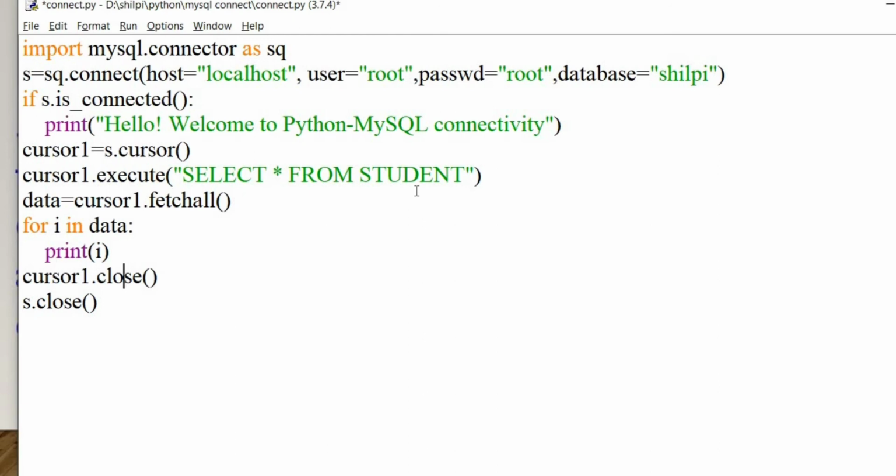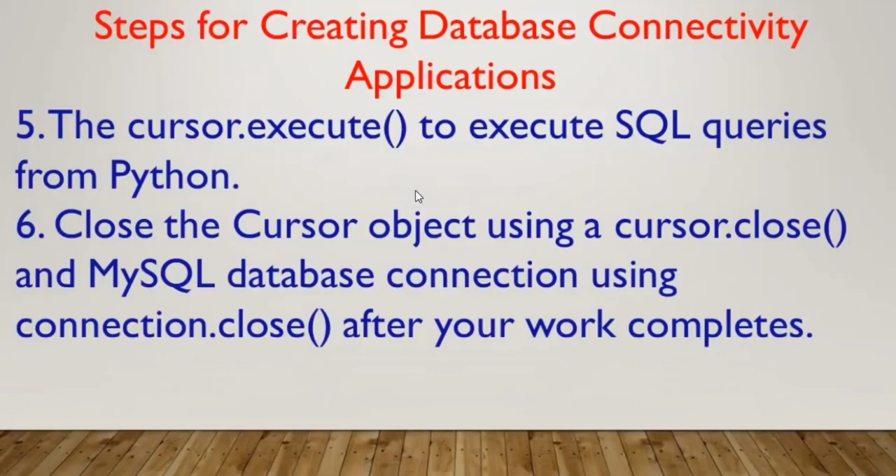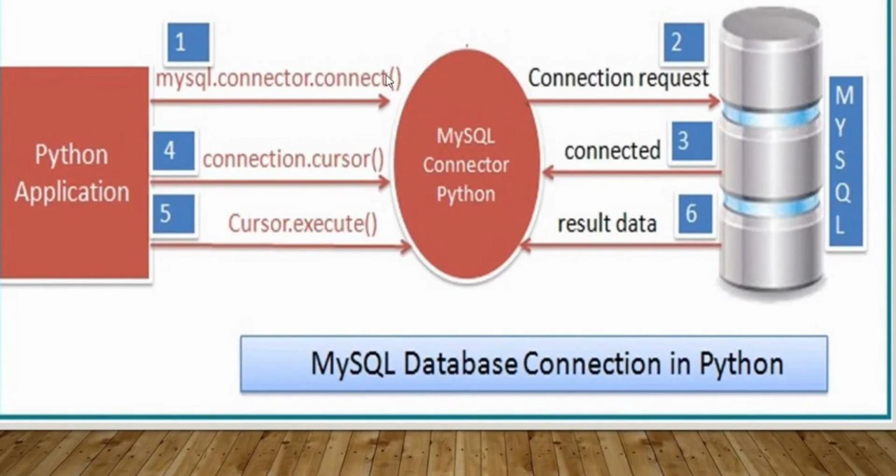So in this way you can access whatever data you feel like from the database table. In short, I'll just explain this. This is a Python application. First of all, a connection request is made. This function is used to request the connection. Once this connection is done,